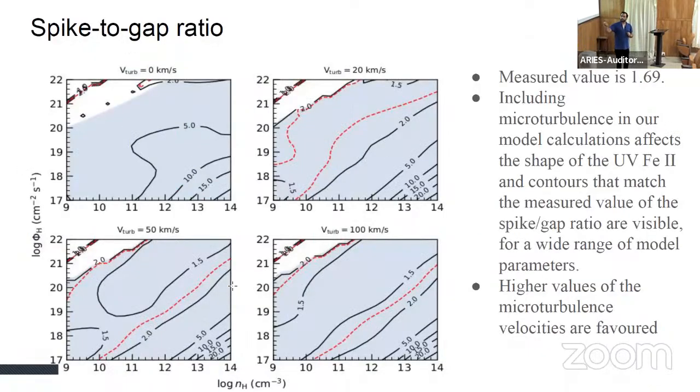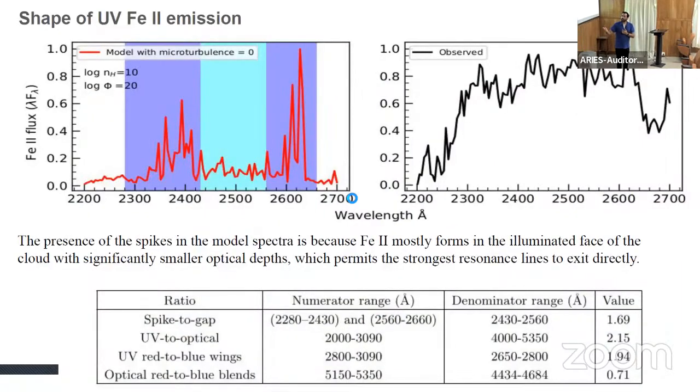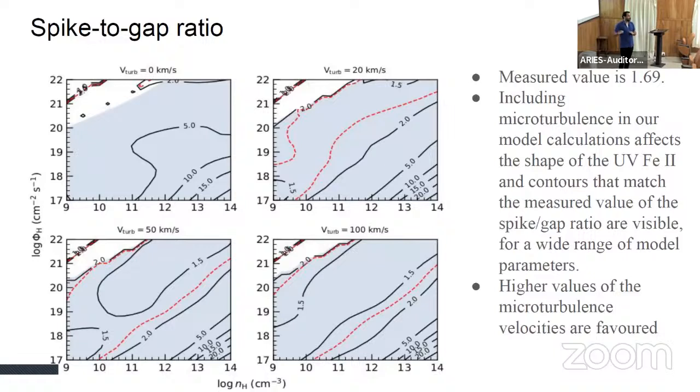Okay, so first let's start with the spike to gap ratio, because in the observed spectra that ratio is very small. You can see the value is 1.69. So we plotted the contours for that ratio, spike to gap ratio, from our model for different values of microturbulence: 0, 20, 50, and 100. And those contour values represent the value of the ratio. And this red one represents the observed value of the ratio. And the shaded region,